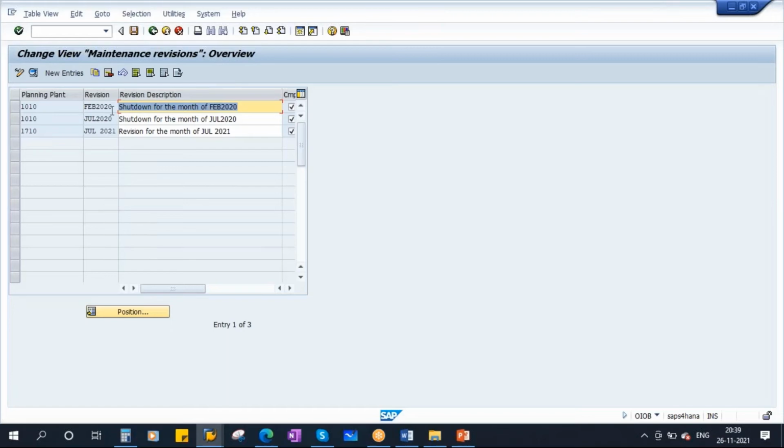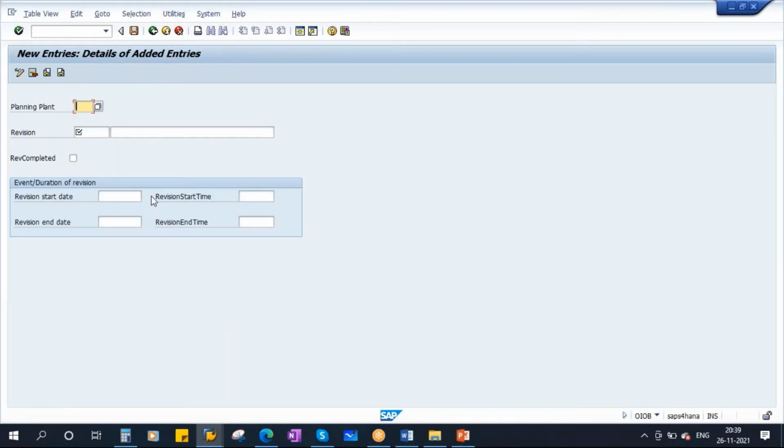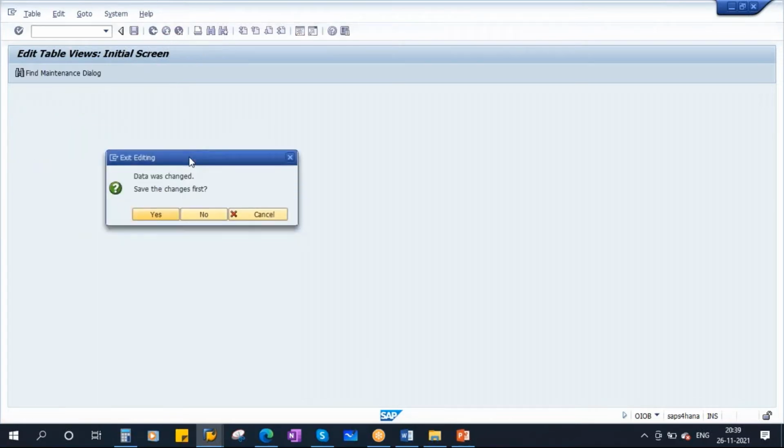We already have some revisions here. I'll create a new revision. So click on new entries. My plant is 1710. I'll give the revision number December 2021, and give the description revision shutdown.